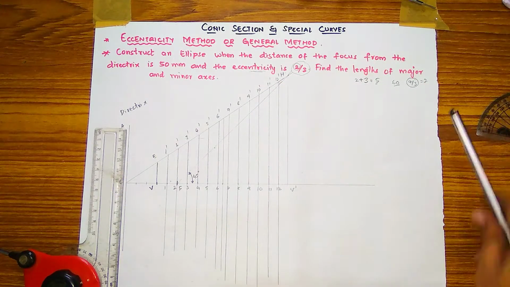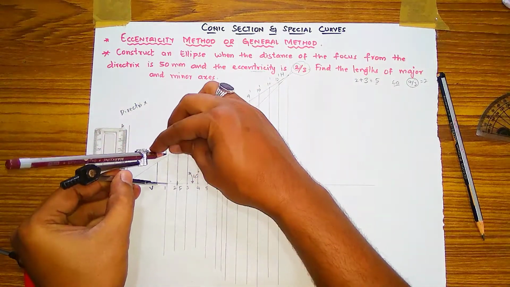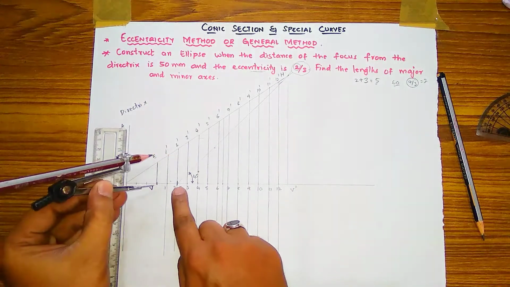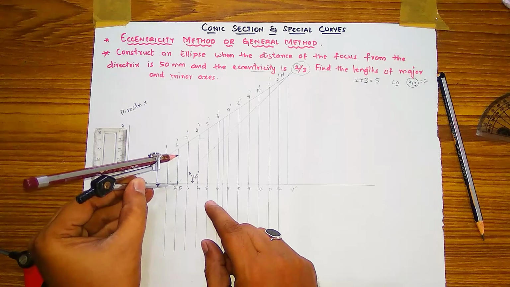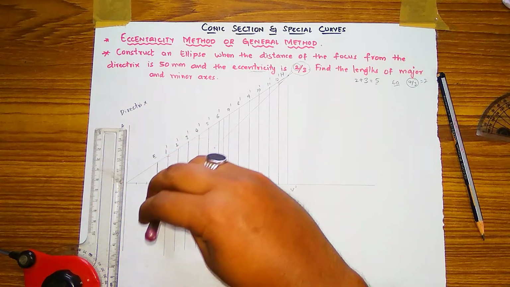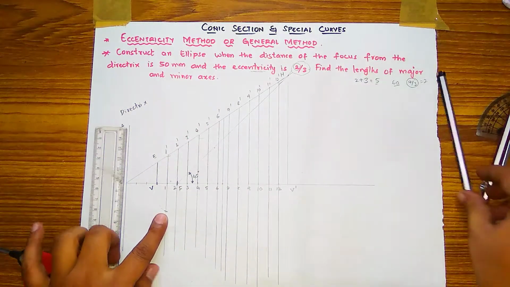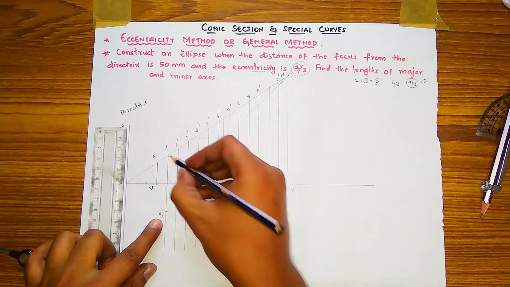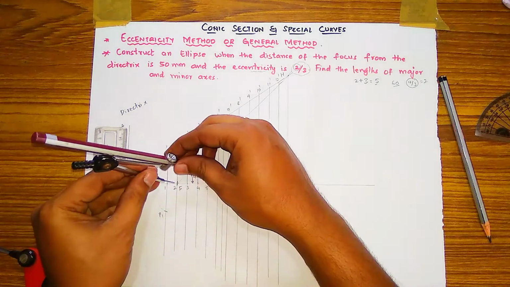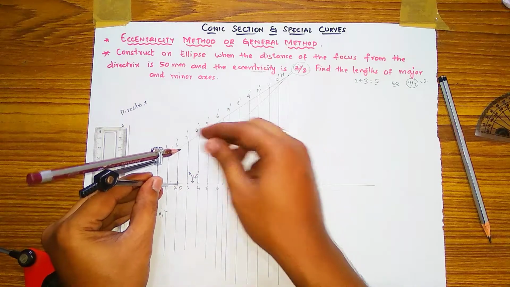Okay. Then after numbering, you have to take your divider and measure from 1 to 1 dash on that divider. You have to keep on F, the focus. So from that F you have to take an arc on that 1 and 1 dash, here and here like this. And this arc where it is meeting, that is the point P1, and this will be P1 dash.